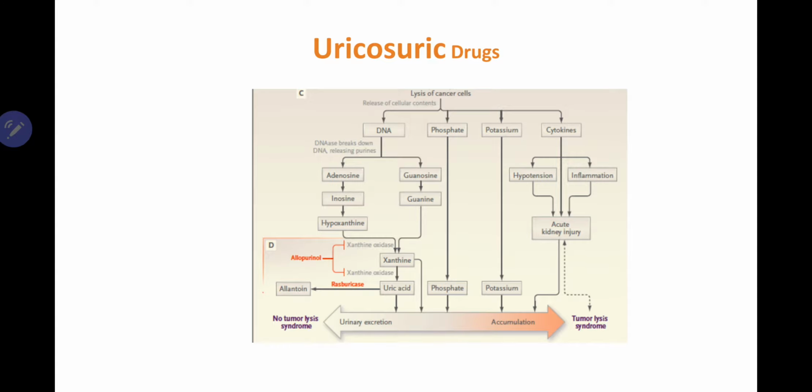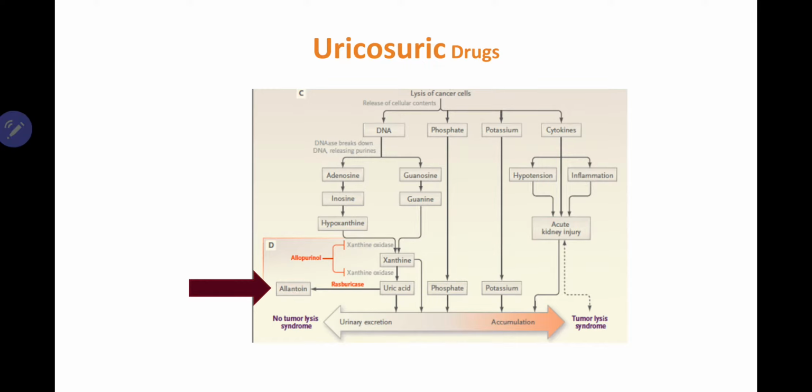So let us see what exactly uricosuric drugs do. Allopurinol, we all know, is a xanthine oxidase inhibitor. It will inhibit the step of formation of hypoxanthine to xanthine and xanthine to uric acid. So there will be no formation of uric acid if we use allopurinol, and there will be accumulation of xanthine and hypoxanthine. These two are more water soluble compared to uric acid, and they have no effect on preformed uric acid. That should be remembered.